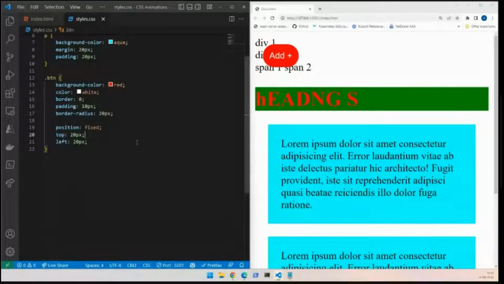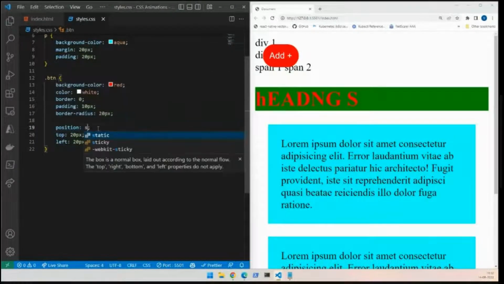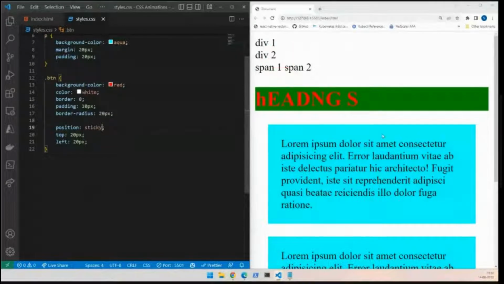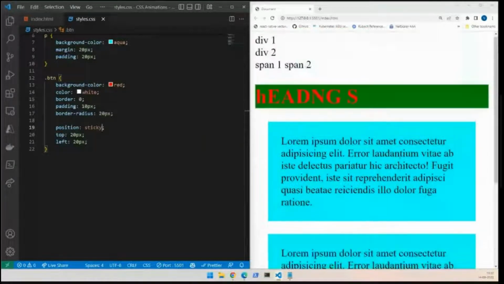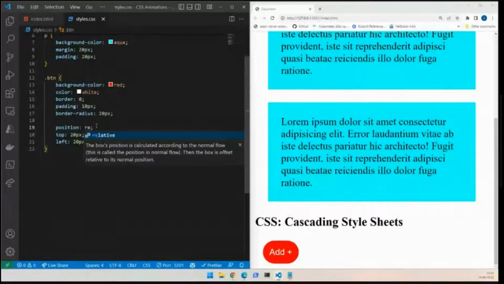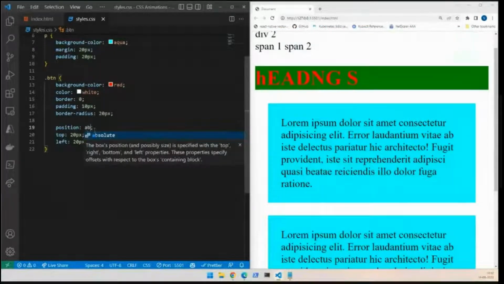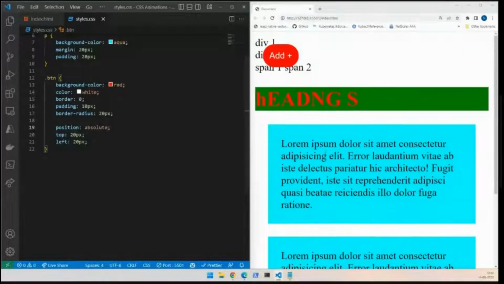We have different values for position. So this is the fixed position. We have a position called sticky. We have a position called relative, and we have a position called absolute. What these are, we'll see. By definition, I can tell you,